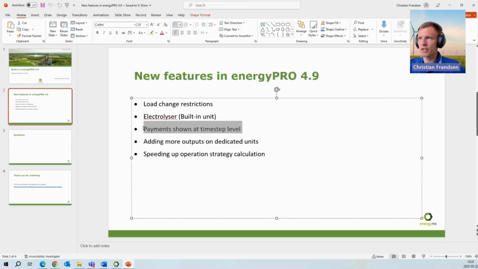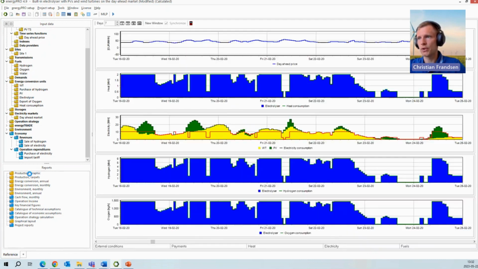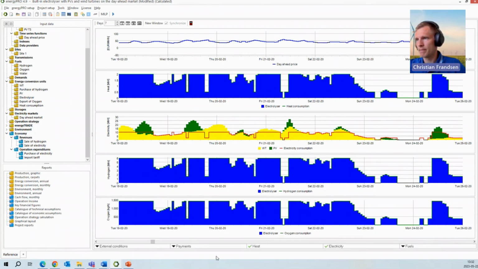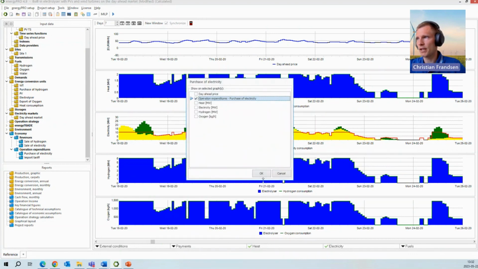Then I'm jumping to the next bullet here, payments shown at timestep level. For quite some time, we have been wanting to add payments on a timestep level, and we can actually use the same example here again to show that. If I click here, we can see a list of the different payments and payment groups. And we can, for instance, look into the payment here, purchase of electricity. If I add that one here,